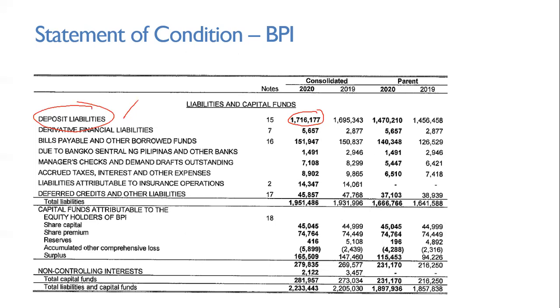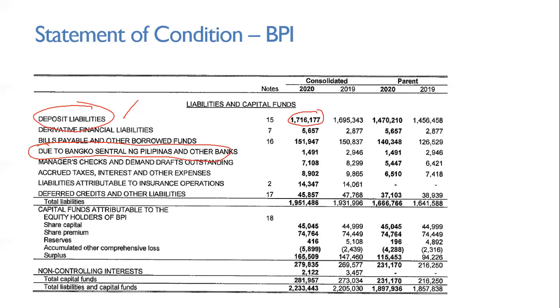So there could also be interbank loans payable. Okay? There could also be due to BSP. Due to Bangko Sentral. So this account includes the following liabilities: tax payments, custom duties collected by a bank for the Bureau of Internal Revenue or Bureau of Customs, amounts due to BSP for the cost of supervision or examination, amounts due as agent for the sale of government securities and other liabilities to the BSP.